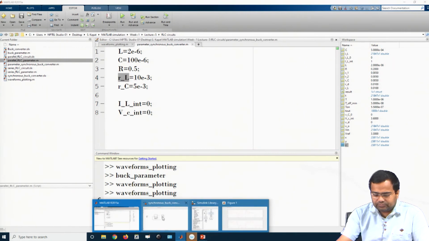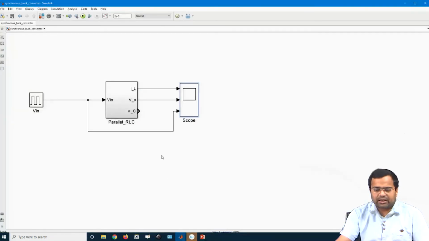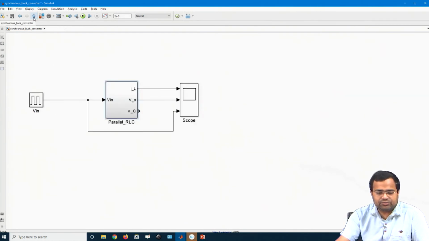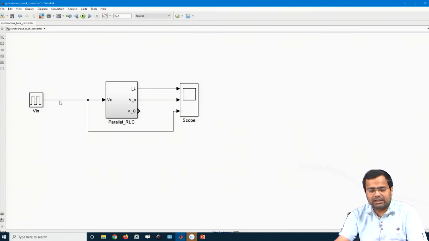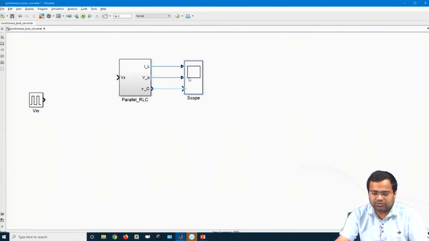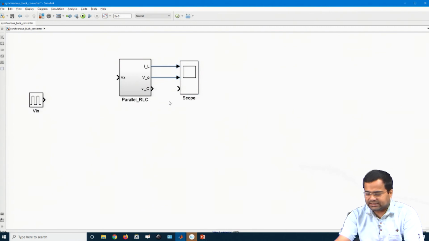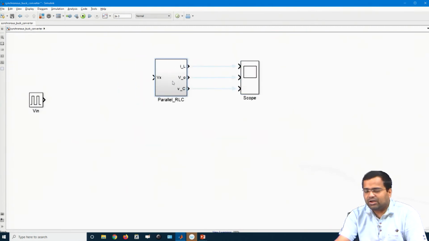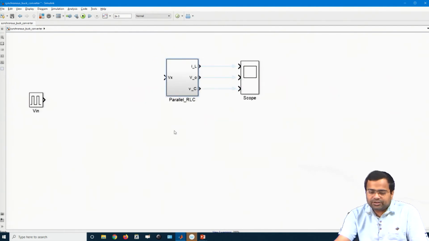Now, let us go back. So, in the synchronous buck, what is now the input? This we call Vx, the other branches are common. So, we can use this block, this is common, and this block we need to create. This block is not very straightforward because it has to come from a switching block. So, let us disconnect for the time being. We already have a parallel RLC branch. Now, we have to create a block. So, how do you make this block? If we again go back.